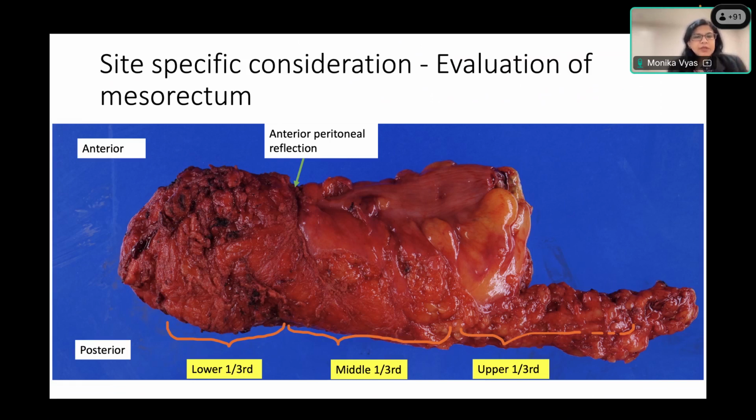This is very important while grossing these rectal specimens for two reasons. One is that we have to evaluate the mesorectum, which I'll come to, and the other is assigning a location and staging the tumor. As you'll see, tumors in the upper rectum, when they involve the serosa, become pT4a. If the tumor is in the posterior rectum, then it's not related to the serosa, and if it involves the circumferential resection margin, then it's a margin positive status, but still T3.